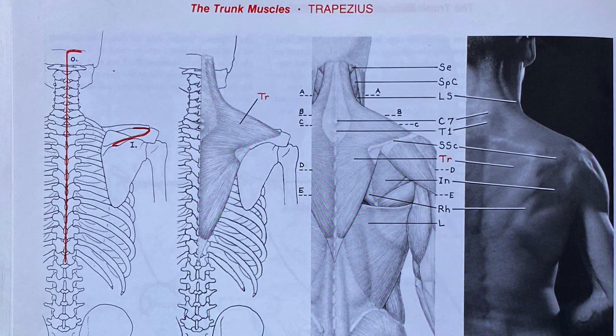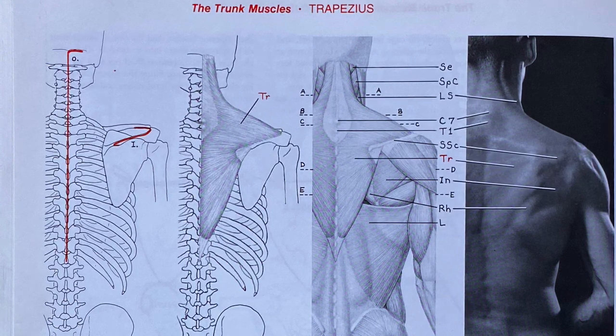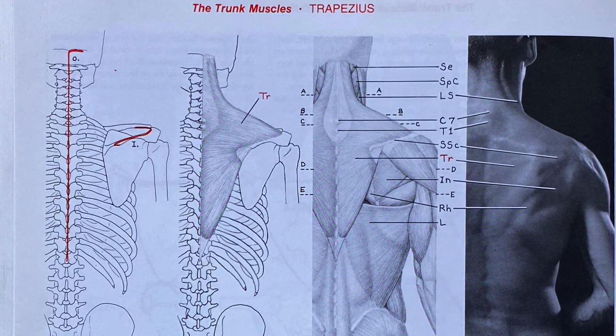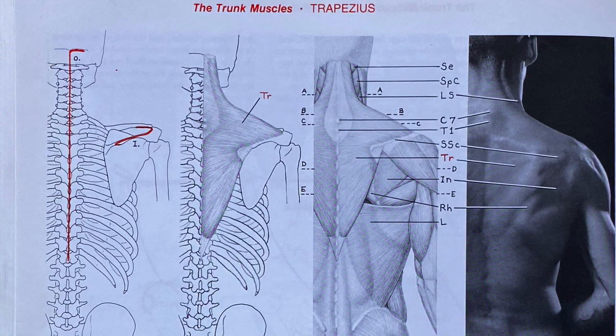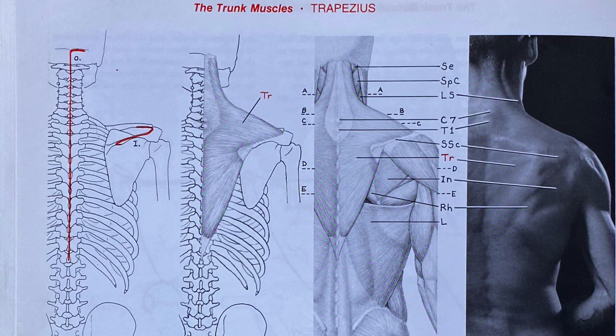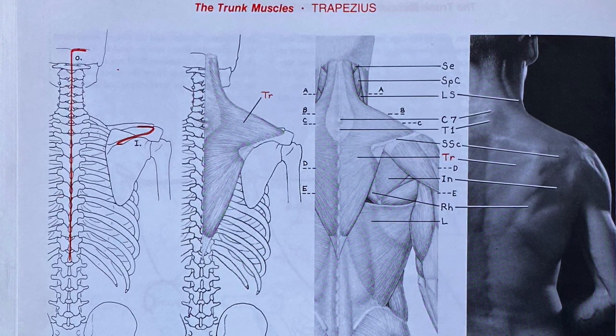And trapezius, a trapezoid is a four-sided shape. It's a fairly large muscle. If you contract these two points, this helps you pull your shoulders back and raise them. So if you shrug when someone asks you a question, then you're using your trapezius. And it goes over the lats a little bit and over, again, your